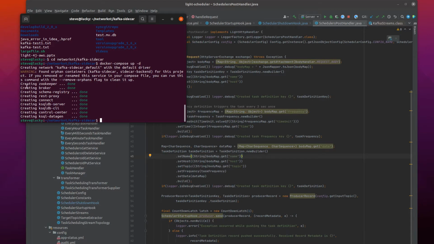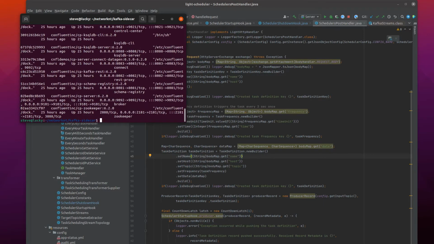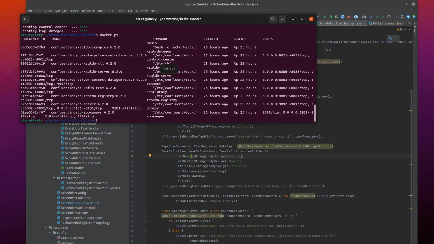This will basically start all the components of the Confluent platform, including the broker, which is a Kafka broker, and Control Center, also Zookeeper and Schema Registry. Those are the components we are using for our application development. Once I have the Confluent platform started with Docker Compose, you can double check with docker ps to see all the components running